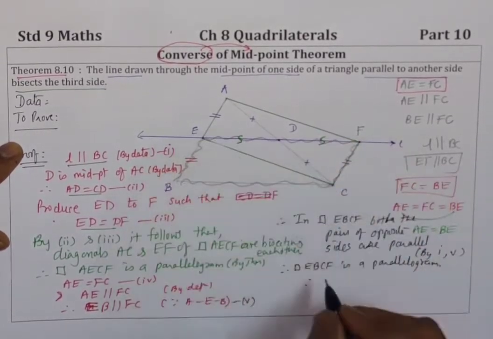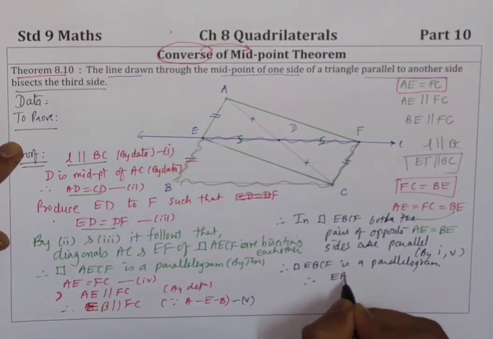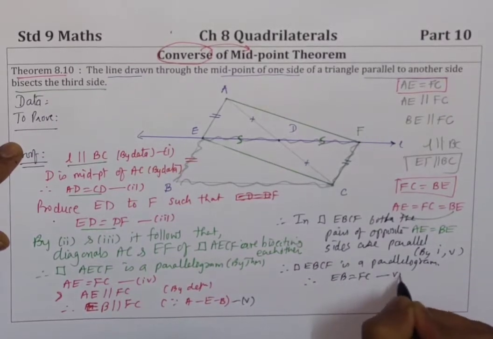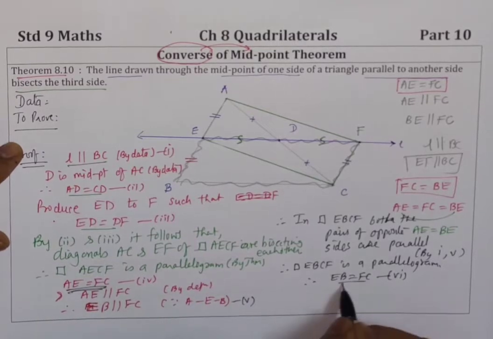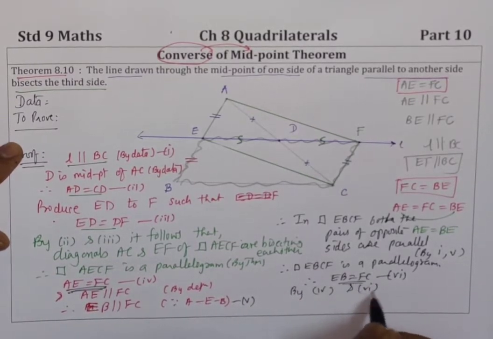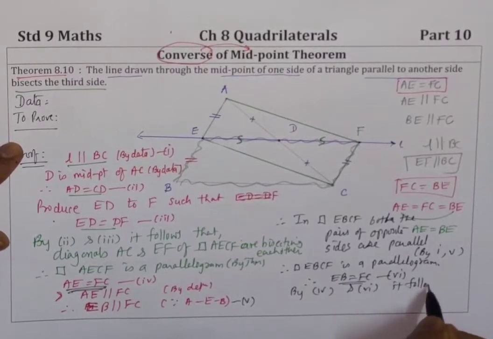Therefore, FC is equal to EB. Yeah, EB is equal to FC. Call it result 6. Now see, result 4 and result 6. So by 4 and 6, it follows that